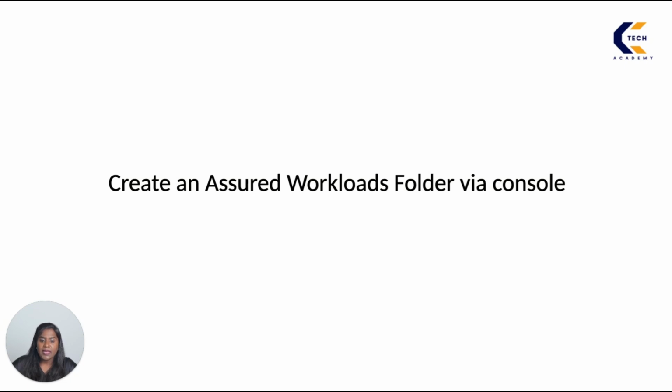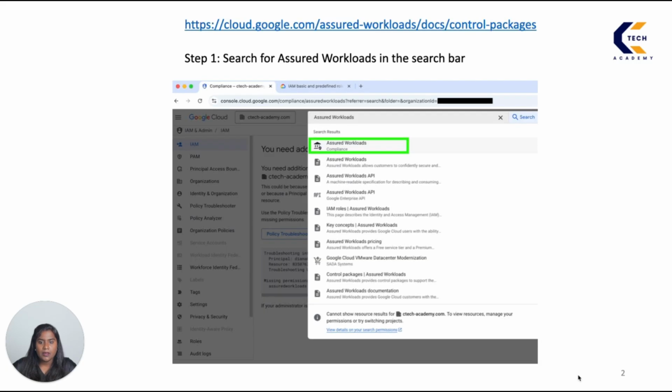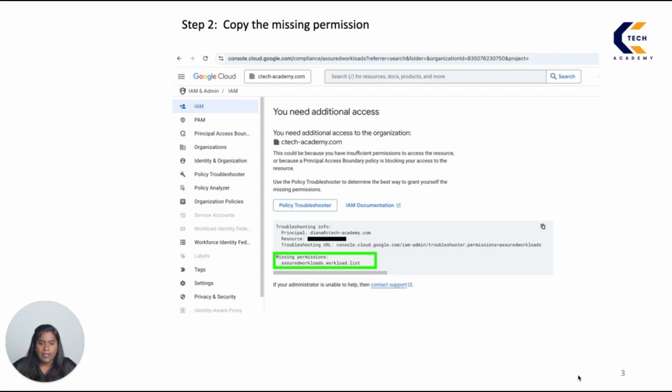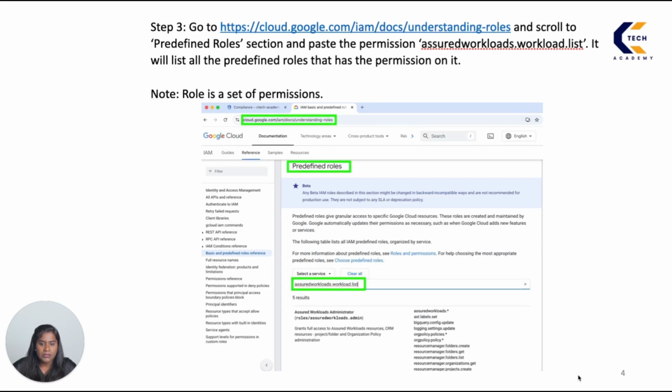Now let's create an Assured Workloads folder via console. Go to the search bar, search for Assured Workloads, and select the Assured Workloads option. If you get an error message like this, you will need to grant an IAM role called Assured Workloads Administrator